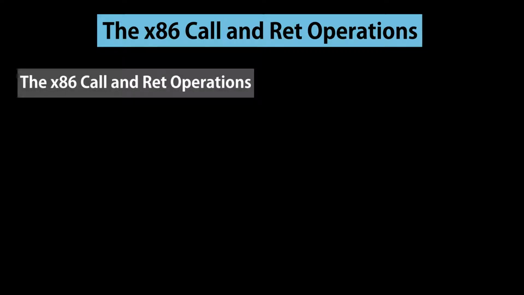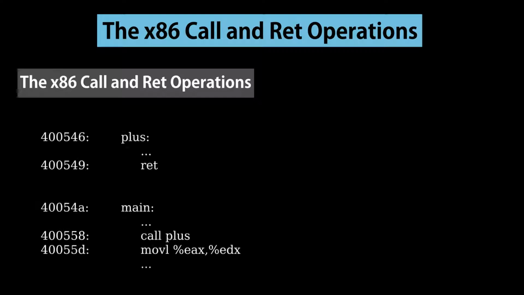The purpose of the x86 call and return operations is only to transfer control, first to the called routine and then back to the calling environment. Shown here is a small portion of the x86 code generated by the compiler for our simple C example. We've also shown possible addresses for each assembly statement. The linker has placed function plus into memory starting at location 400546 and placed function main at location